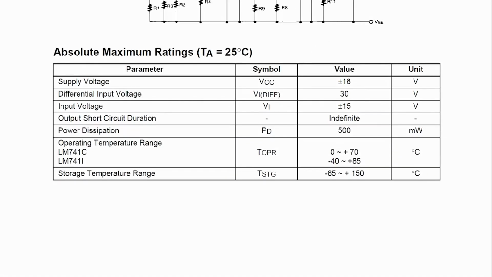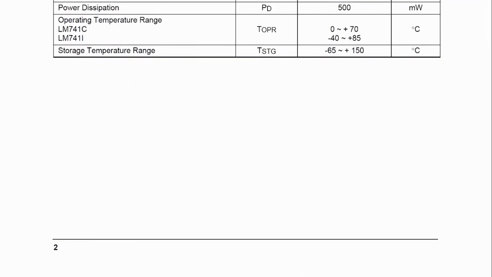When we look at the absolute maximum ratings at 25 degrees centigrade, what do we see? Supply voltage VCC, which we have seen, differential input voltage, input voltage, output short circuit duration, power dissipation, operating temperature range and storage temperature range. So, we see these parameters as absolute maximum ratings. Then we see